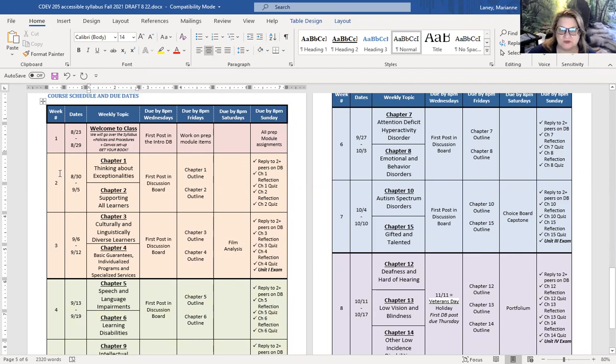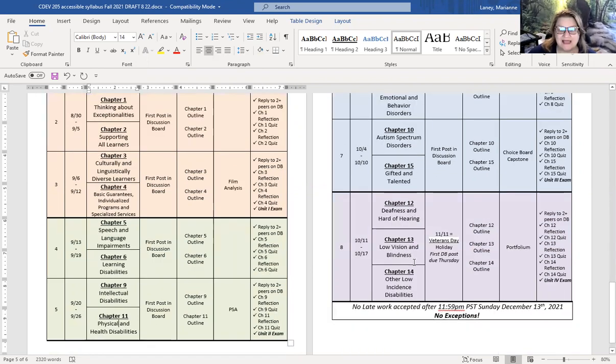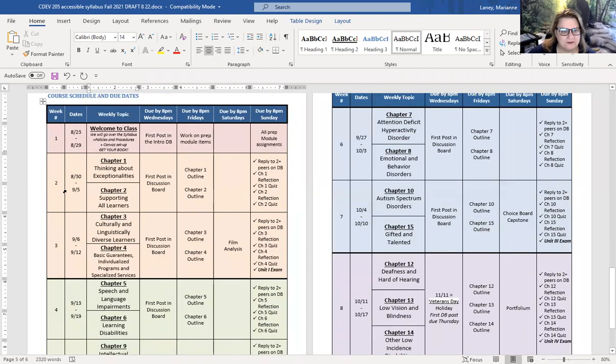Okay. Next week we're going to hit the ground running. It's fast. Okay. So we do 2 chapters every week, except for the last week. It's 3 chapters, which is a lot. And I'll double check on that because we have 15 chapters in 8 weeks, which is about, yeah, it's about right. So I've taught this class in 16 weeks, in 8 weeks. I've taught this class face-to-face at SAC, and it was in January. So we met Monday night, Tuesday night, Wednesday night, and Thursday night for 3 hours. Yeah, it's hairy, but it's doable.